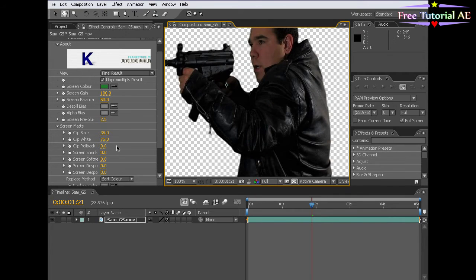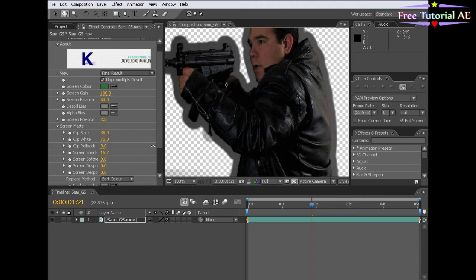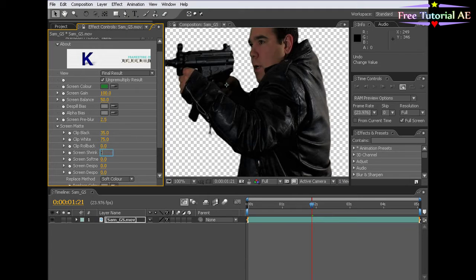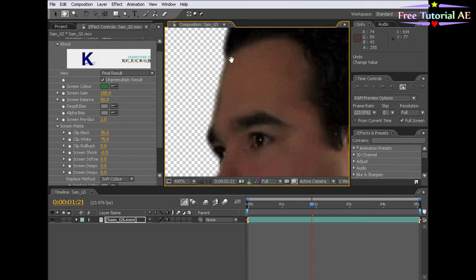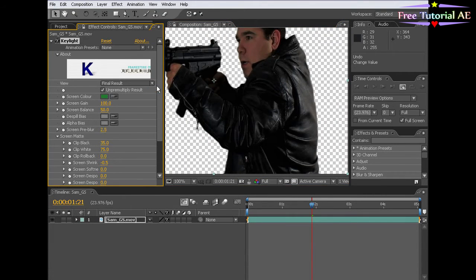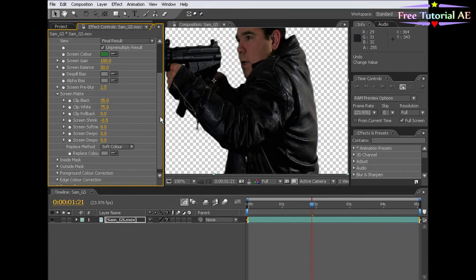But we're going to go and take it a few steps further. If we need to, we can actually adjust the matte basically globally and shrink it or grow it. I'm actually going to shrink it down 0.5 pixels just to make sure we don't have a weird edge. Key Light is actually a very powerful plugin. It's doing a lot of things for us basically automatically, and one of the things it's doing for us is